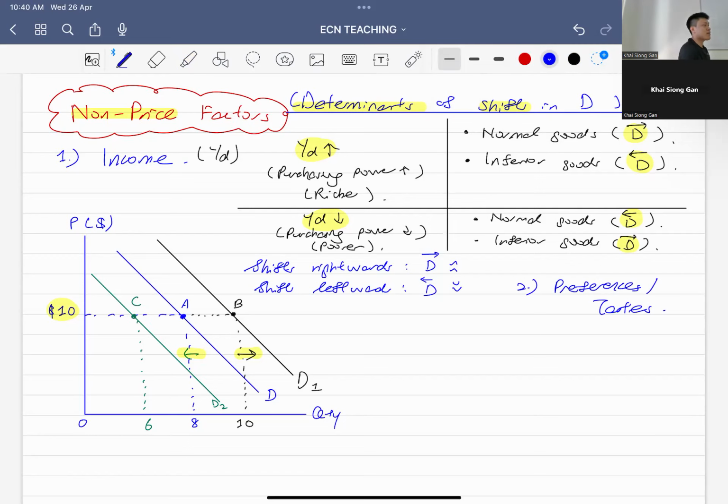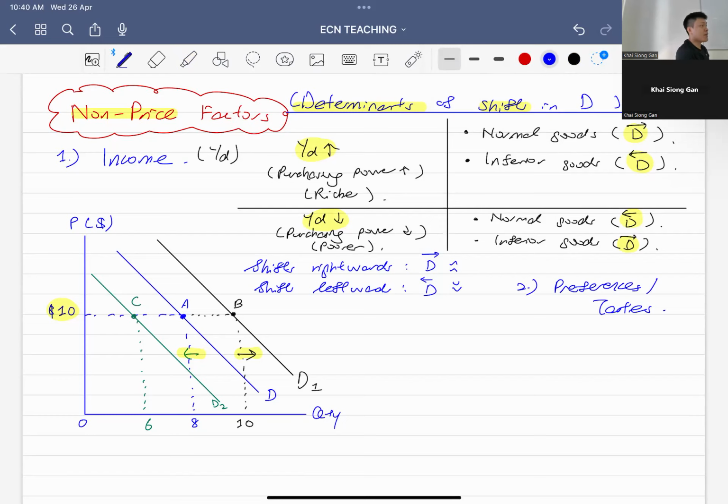Today you may love to buy something, but the next day you may not want the item anymore. And you know that there are a lot of factors that can influence your taste and preference. Like for example, advertisements. When you see an influencer endorsing a product on advertisements, that can make you buy the product. So therefore, preference and taste is basically the second factor that could have an impact on the demand